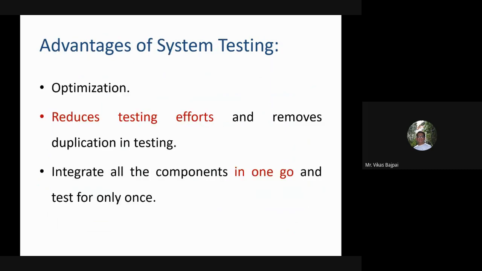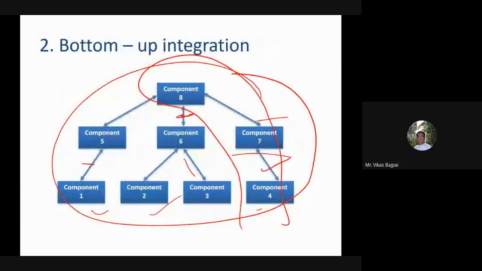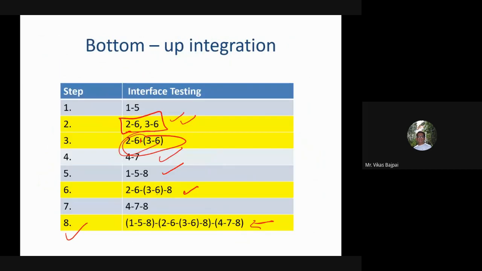Now, these are some of the advantages of system testing, right? But before that, let me throw some more light on this. One thing one needs to know is that the lowest level components are tested first in case of bottom up testing, and then they are used to facilitate the testing of higher level components. From this diagram, you might have got this idea. Looking at this gives you a clear cut picture. This process is repeated until the component at the top of the hierarchy is tested.